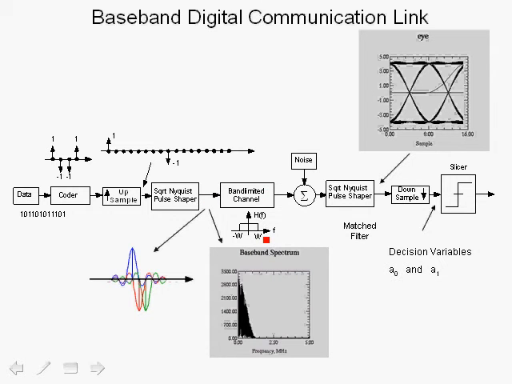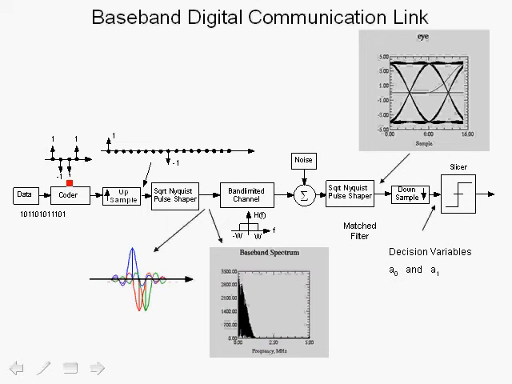bandwidth of W hertz. We have additive white Gaussian noise, and at the receiver we have a square root Nyquist pulse shaper, which is the match filter to the transmit filter, which is also a square root Nyquist pulse shaper. Assuming perfect timing, we sample at the maximum signal-to-noise ratio, and we'll explain that subsequently, and downsample by a factor of 8 in this case, and we obtain the decision variables: a sub 0 if a